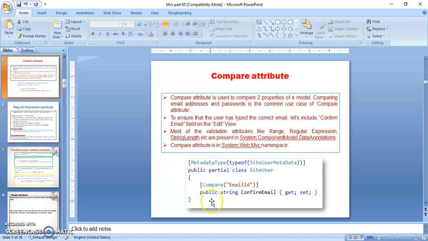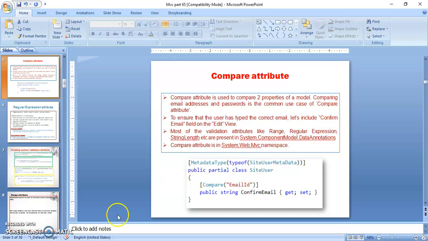Most of the validation attributes like range, regular expression, string length, etc. are present in the System.ComponentModel.DataAnnotations namespace. But the compare attribute is present in the System.Web.Mvc namespace. So let's use the compare attribute, and for that we will add the System.Web.Mvc namespace.